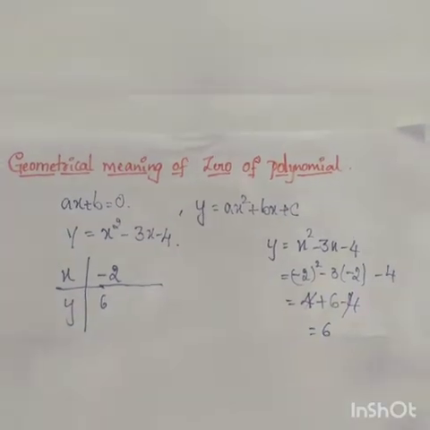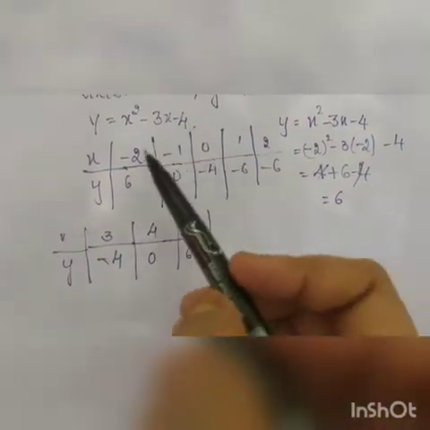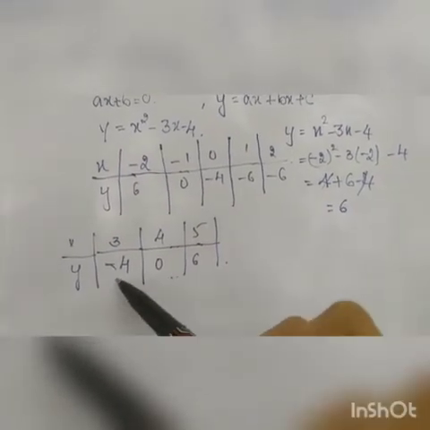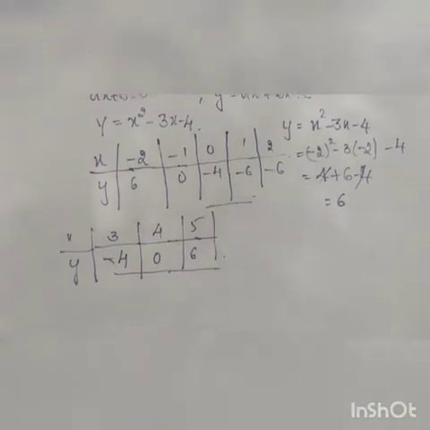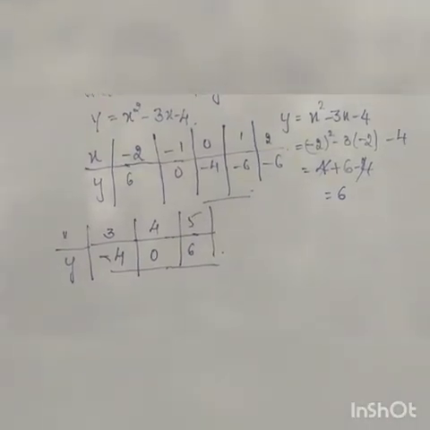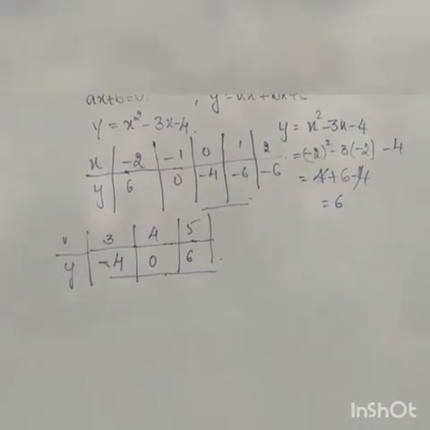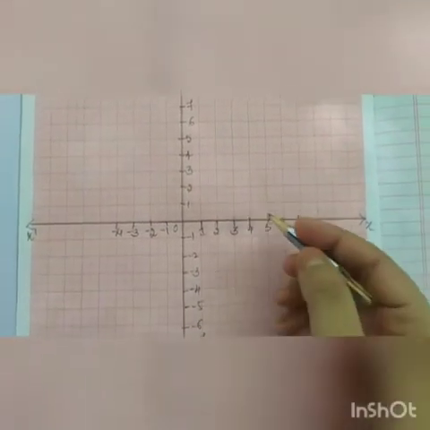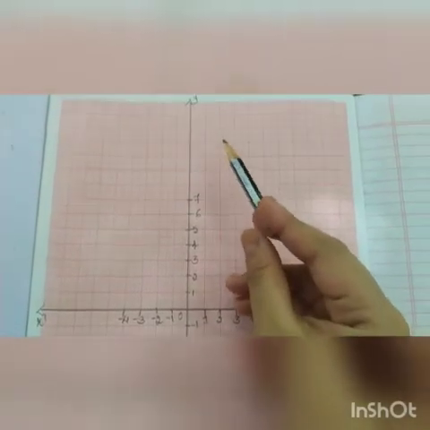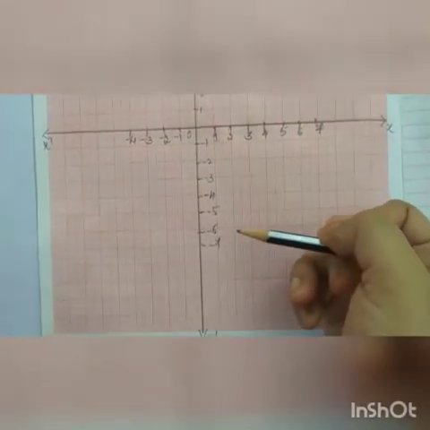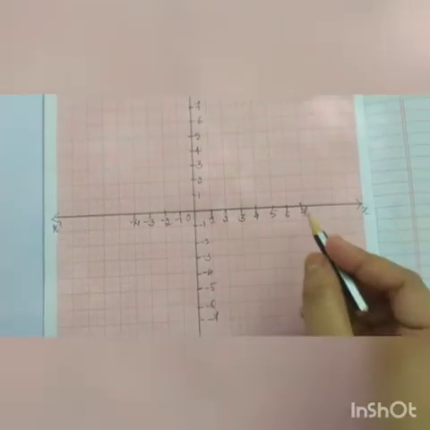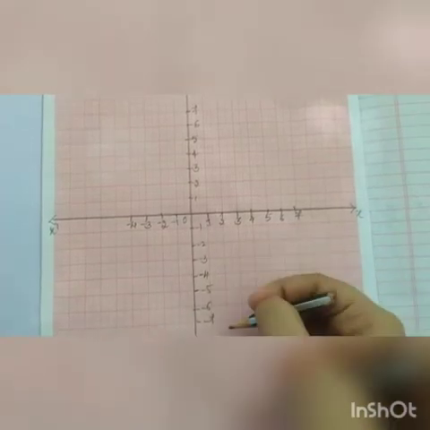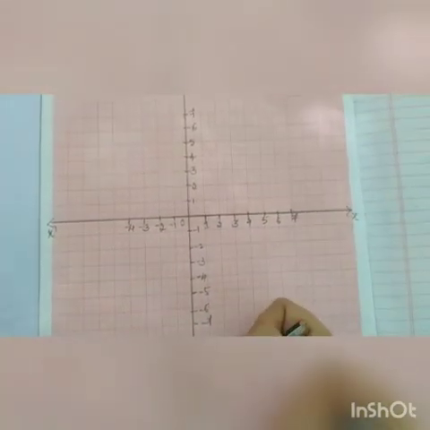I have substituted a few x values so that I get the values of y. Now, based on these points, let me plot a graph. This is the graph which I have taken, with the x-axis and the y-axis, x dash as well as y dash. This is the negative x-axis, positive x-axis, negative y-axis as well as positive y-axis.